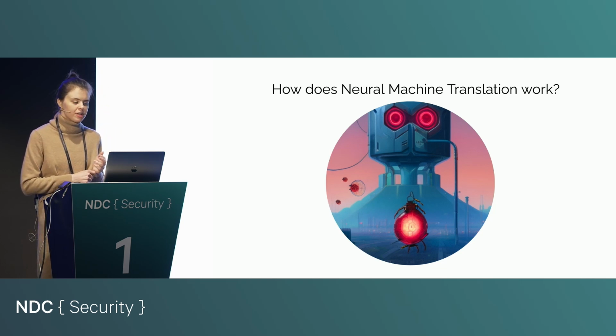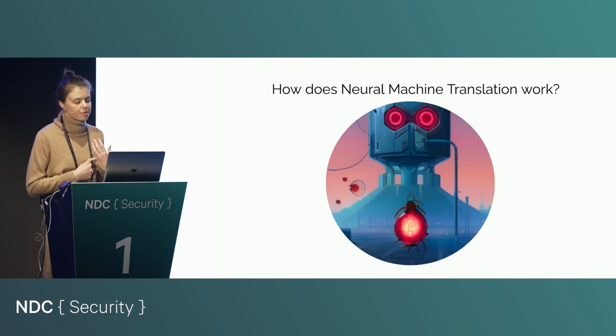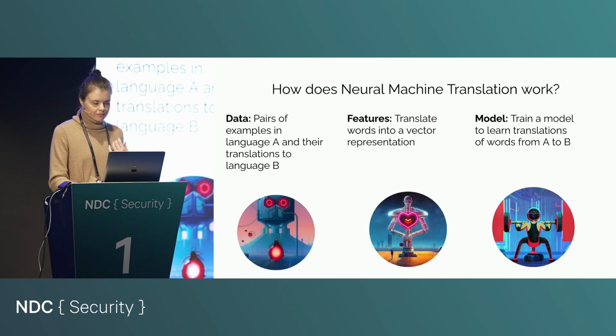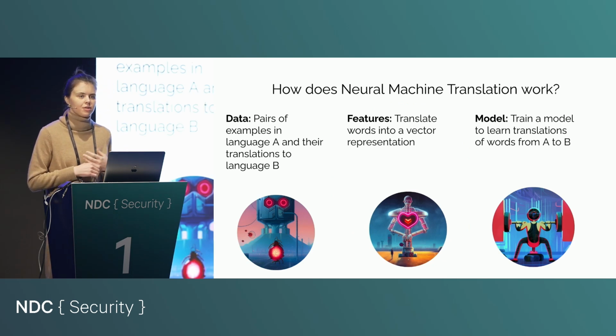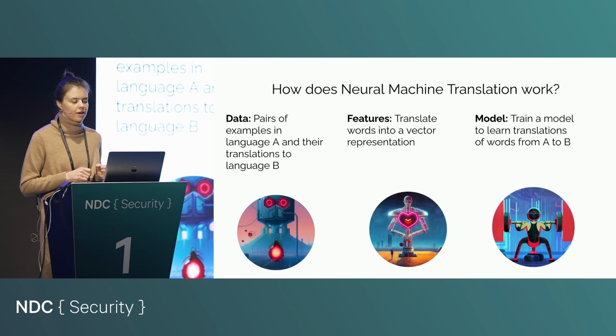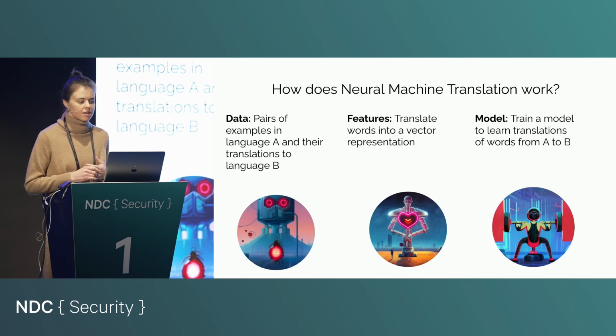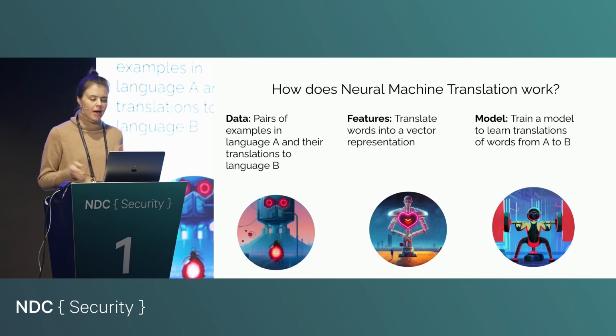Let's take a look at how neural machine translation works for natural language, and then let's see how similar techniques have been applied to try to build decompilers. This is also where we're going to touch a little upon what makes large language models like ChatGPT work, and what was the revolution that happened in the machine learning world in 2017 that enabled all of this to be possible. But back to what I was saying: how does neural machine translation work?